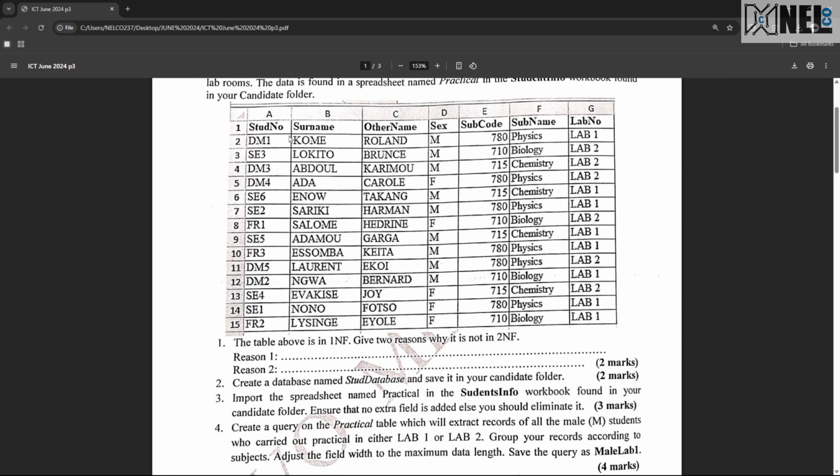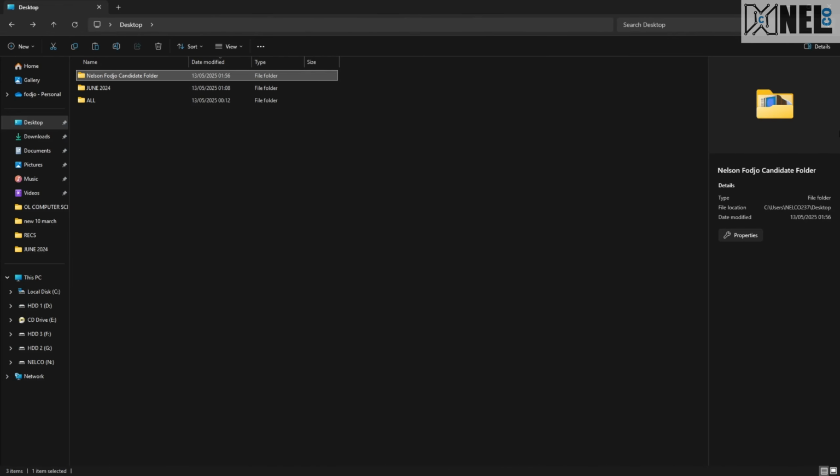Meaning if you have such a table and 2 of the fields are keys, like the combination of these 2 are the keys, what it means is that if this is not a key, it should be fully dependent on both of them. Same thing for this field, it should be fully dependent on the composite primary key. Alright, so let's look at